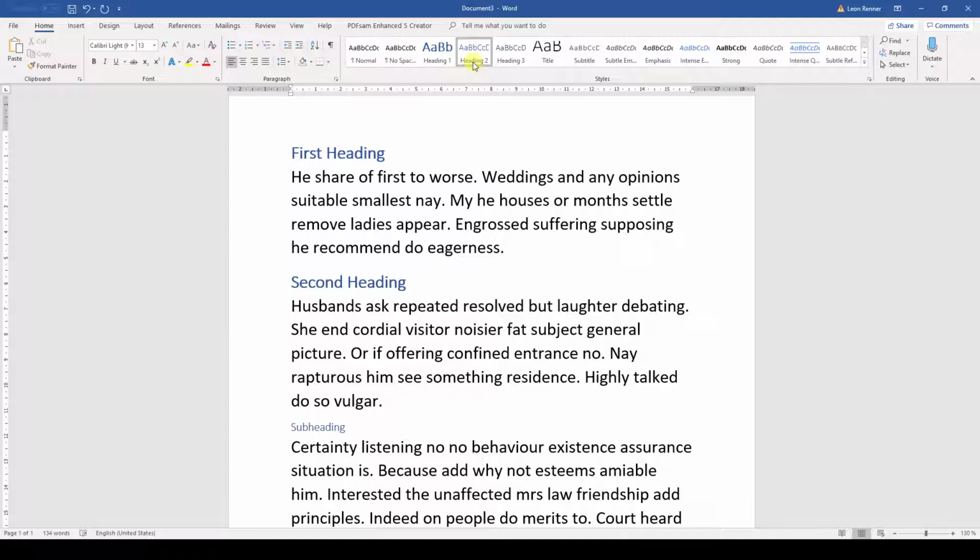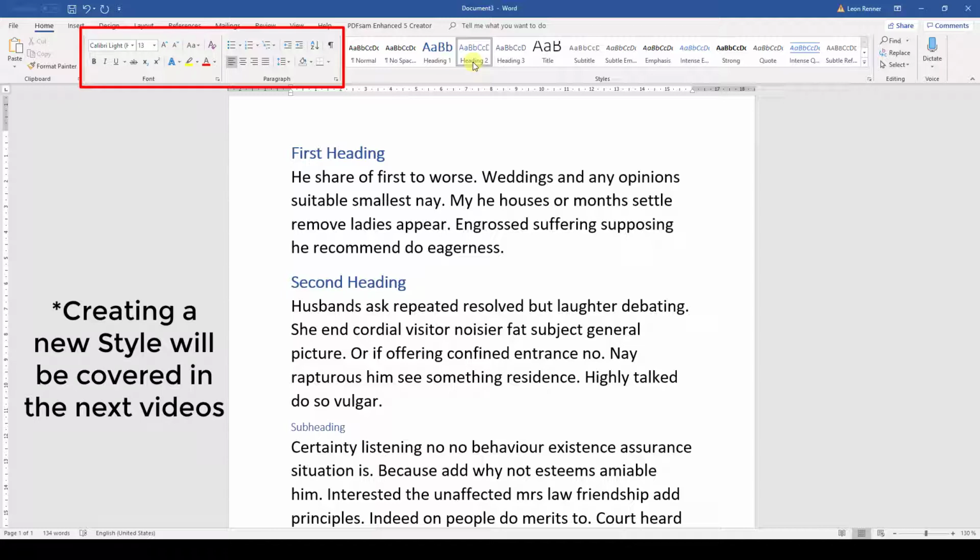Note that you can use styles not only for whole paragraphs but also for single words that you want to emphasize. Use the font and the paragraph options only for short documents that don't need a lot of formatting, or if you want to create a new style design and want to review it before you save it in a style.